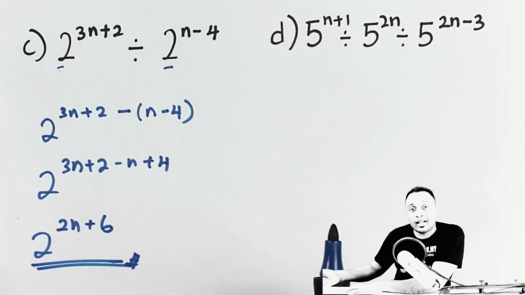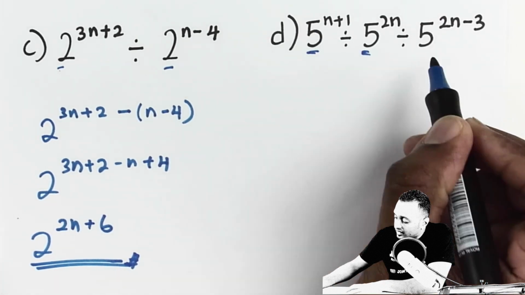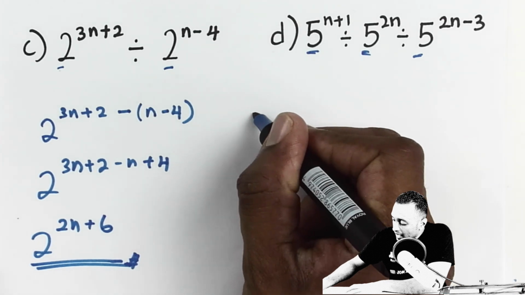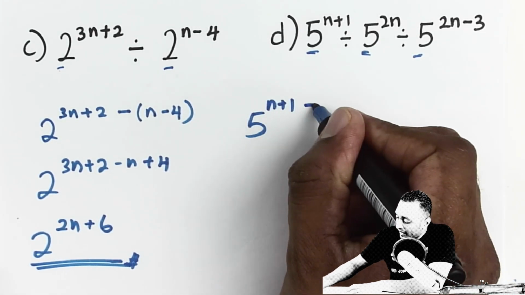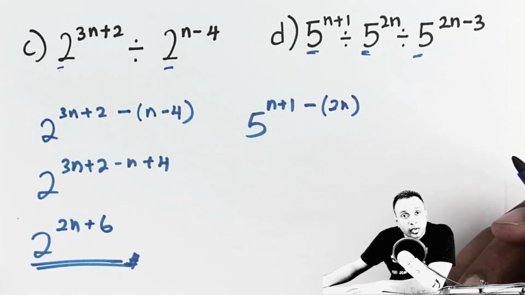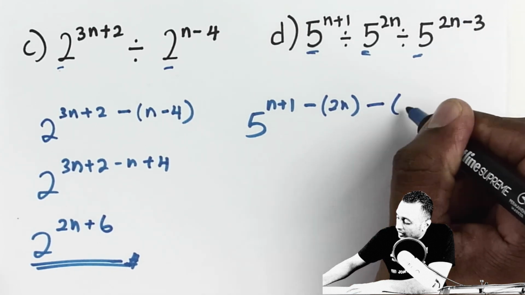Okay, let's have a look at the final question dekat sini. D, kita cuba buat soalan ni. Everything have the same base, right? So we can write it all together, simplify. Kita boleh buat apa? 5, power dia n plus 1, divide maksudnya minus, and this is what? 2n. Usually don't forget to put your bracket, and then divide maksudnya minus this whole thing also in the bracket,